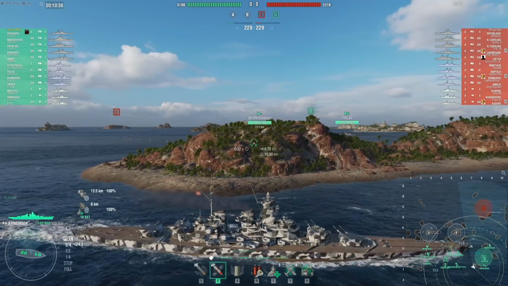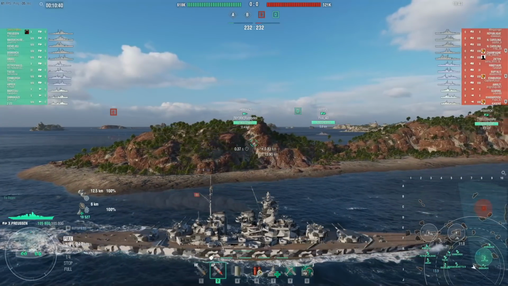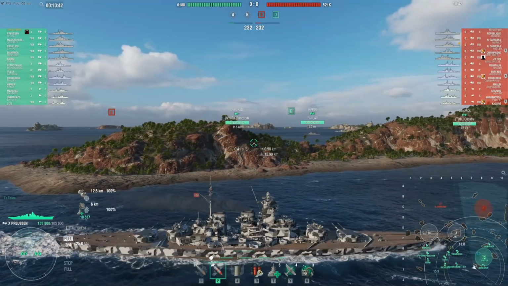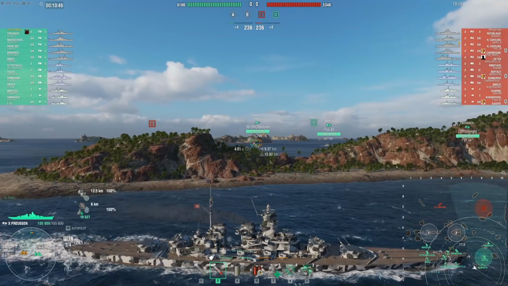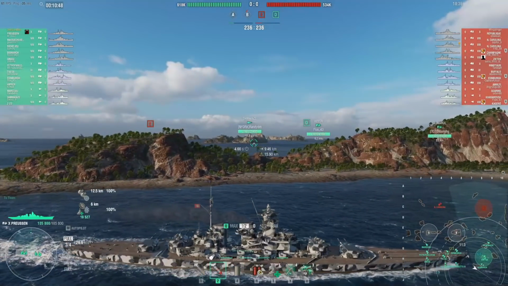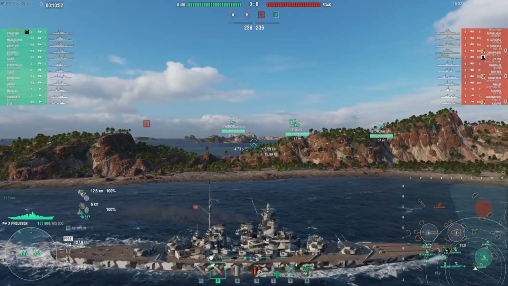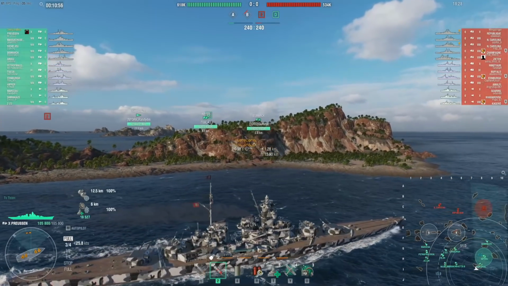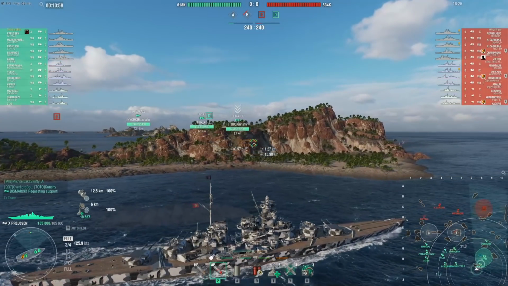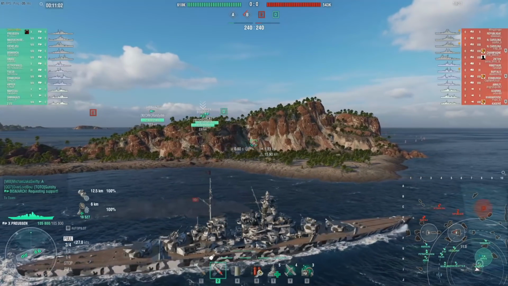There are 4 dual 457/52 guns with the ABXY layout. These guns have a 20.6 kilometer range with a 1.8 sigma. They have a 24 second base reload with a 40-second 180 turret reverse. They can fire 38 degrees off the bow and 30 degrees off the stern. And these guns have a 360...